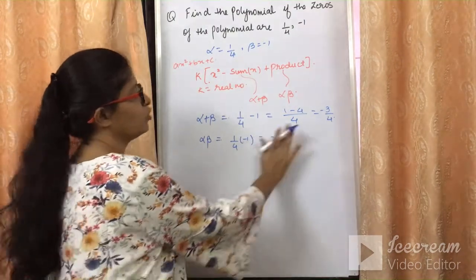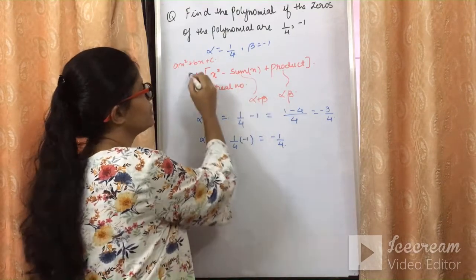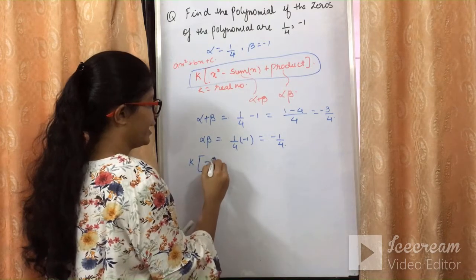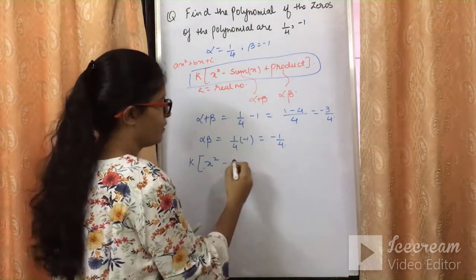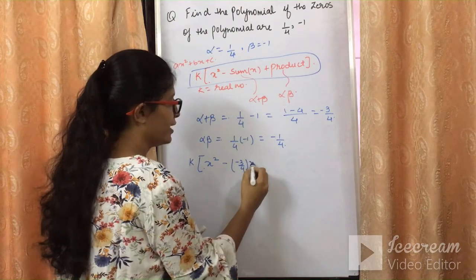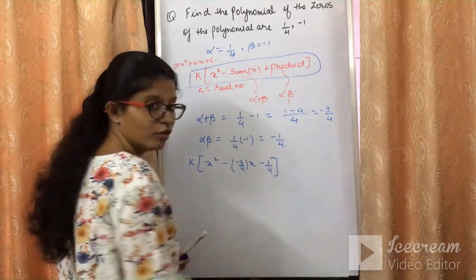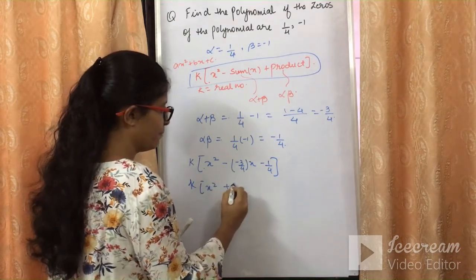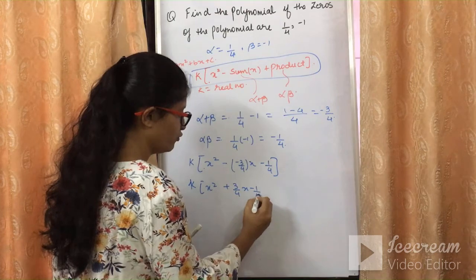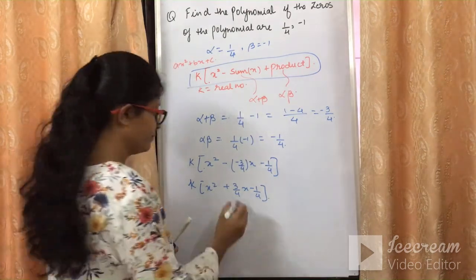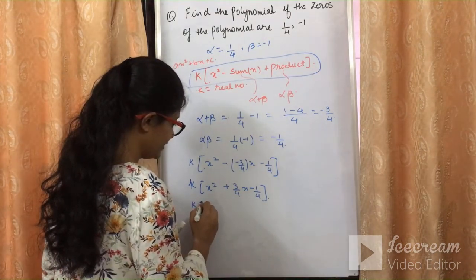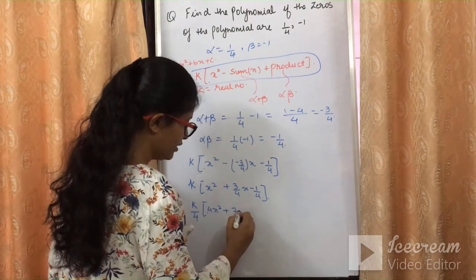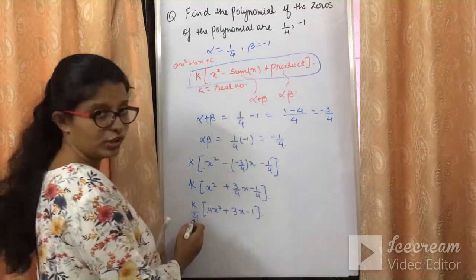So you got the product, you got the sum. Can we substitute in this equation? This is the formation of the equation. If we substitute in this equation, you will get x square minus, what is sum? Sum is minus 3 upon 4 x minus 1 upon 4. Fine. So k तो ऐसे ही रहने वाला है, x square minus minus will become plus 3 by 4 x minus 1 upon 4. Can we take 4 as an LCM? So if we take 4 as an LCM, you will get 4x square plus 3x minus 1. जो LCM का 4 था वो मैंने बाहर निकाला.